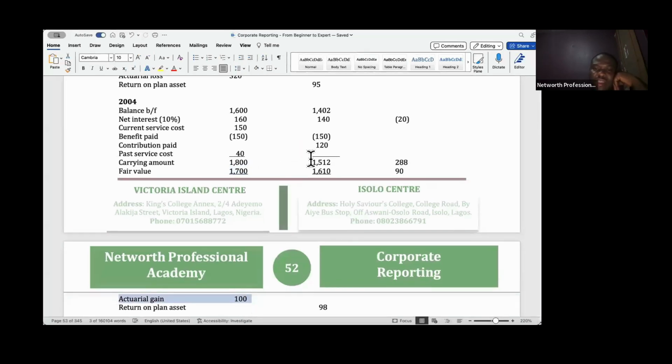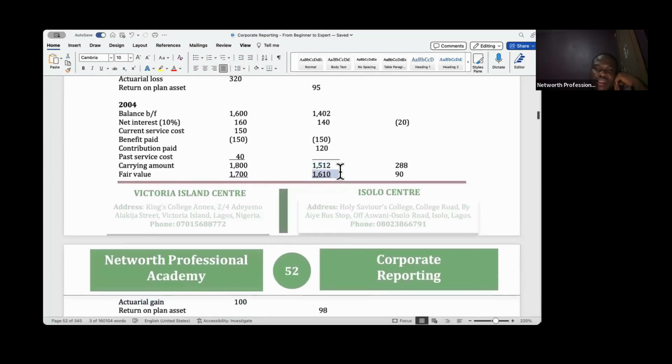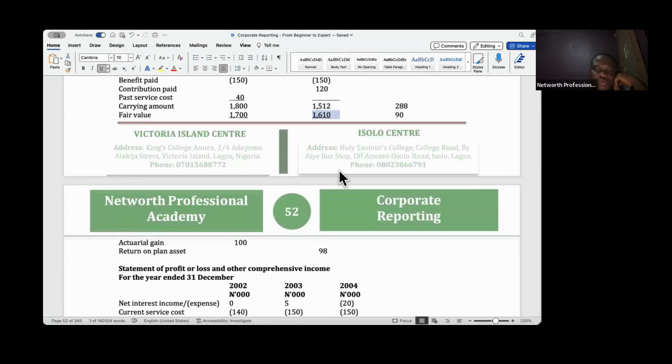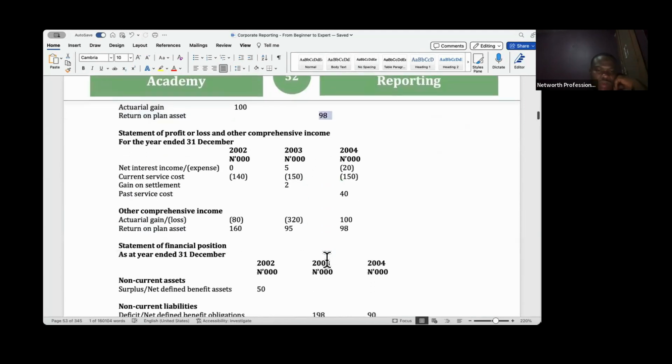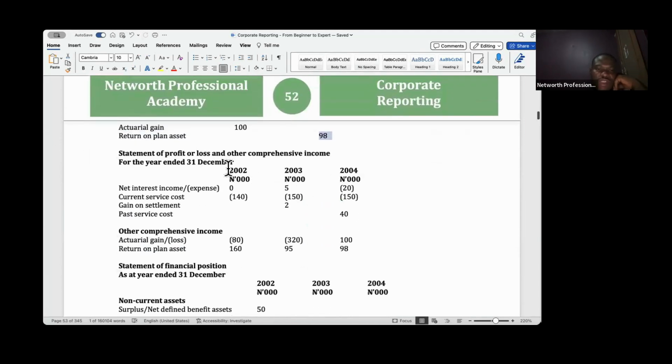Again, my plan assets, I got 1512. The actuary said that no, it's higher. It's 1610. Fine, good for me. I put it as the return on plan asset of 90. So in my statement of profit or loss for the intervening periods, I have my net interest for my schedule